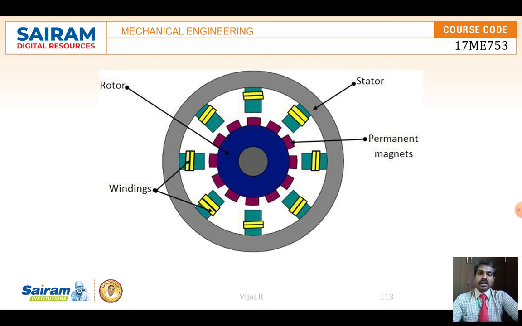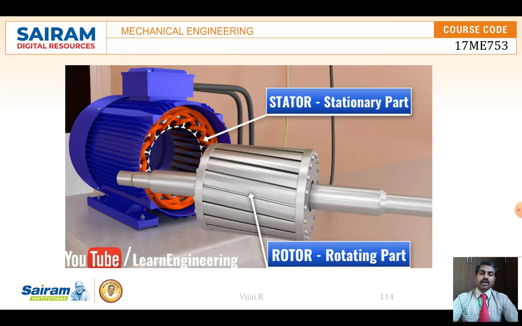Here you can see how it may look in a simple animation figure. It is shown that permanent magnets are located in the rotor on its circumference, and the stator is a housing, a bigger house. It consists of the windings. The windings are fixed, and the stator is not going to rotate. Only the rotor is the rotating part, and it consists of the magnets, which face towards the stator windings. Okay, so that is how it functions.